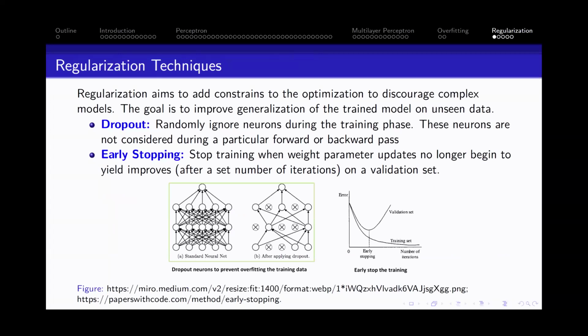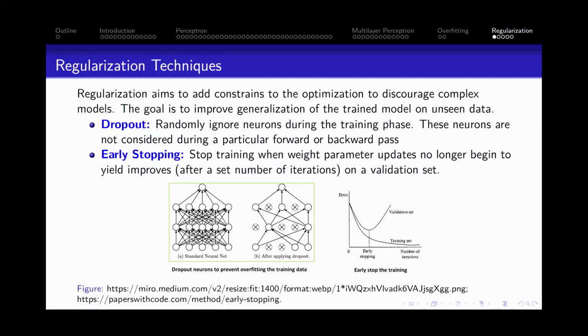For regularization techniques, you can use dropout, which is randomly ignoring some neurons during your training phase, so they are not going to contribute when you are updating the weights in backpropagation. And you can use early stopping. In your code, you can also assign a criterion not to continue training if you don't see any improvement, maybe after 5 epochs, right? So those are 2 common ways that you can overcome